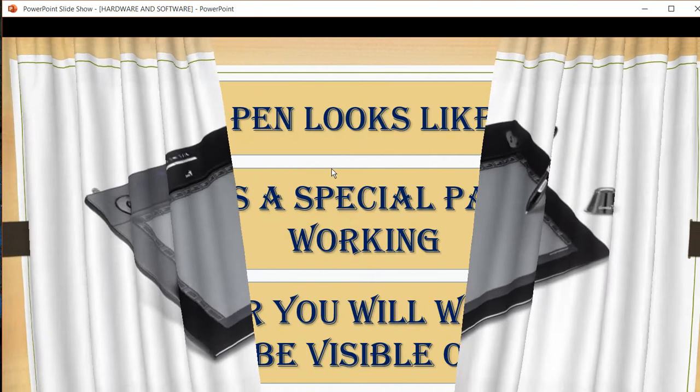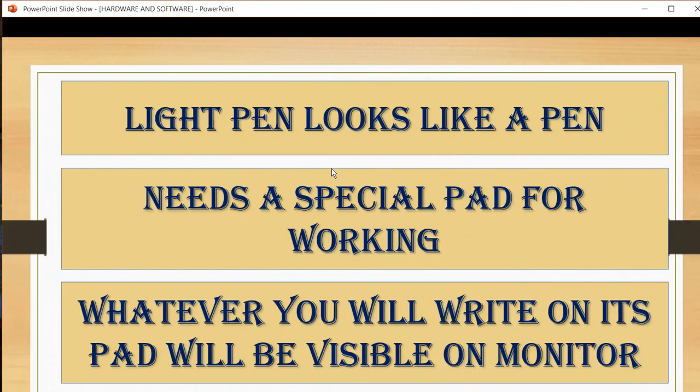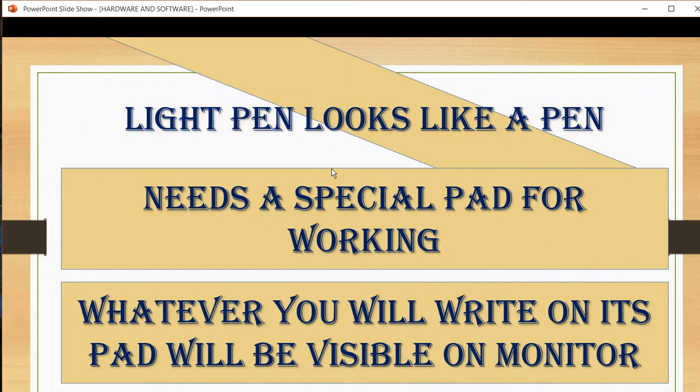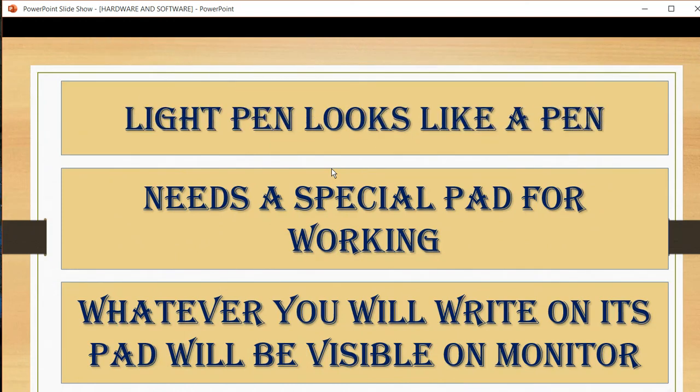So, as I told you, the light pen looks like a simple pen, and it needs a special pad for working. It means if you do not have the special pad, that time this pen will not work. On a simple pad, this pen will not work.